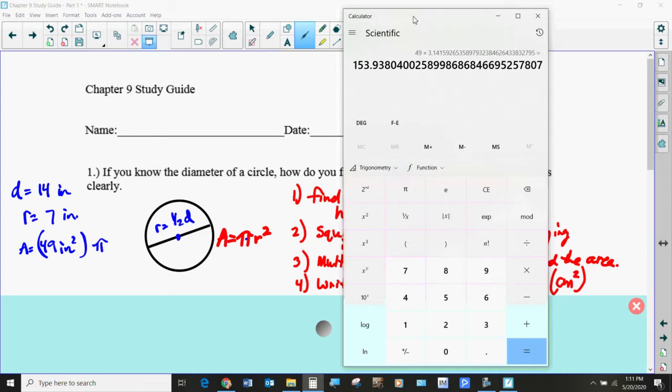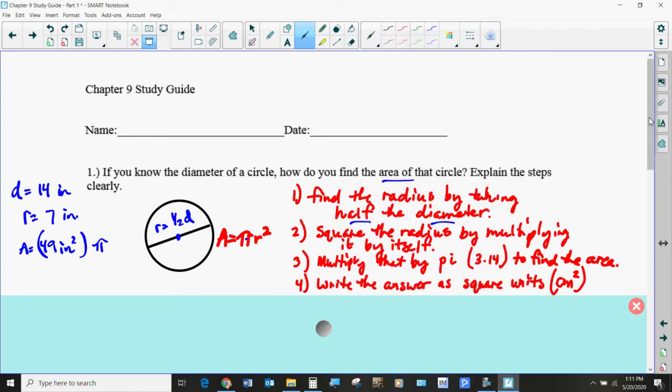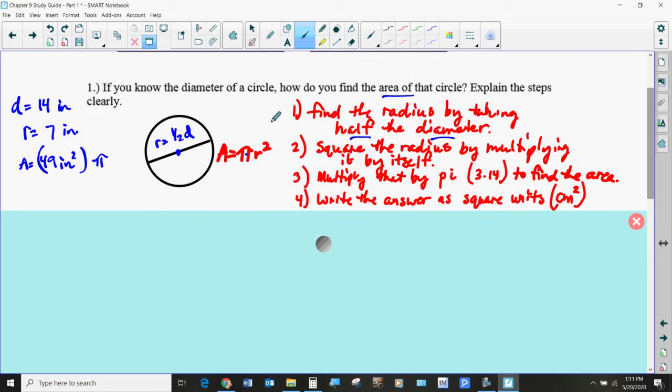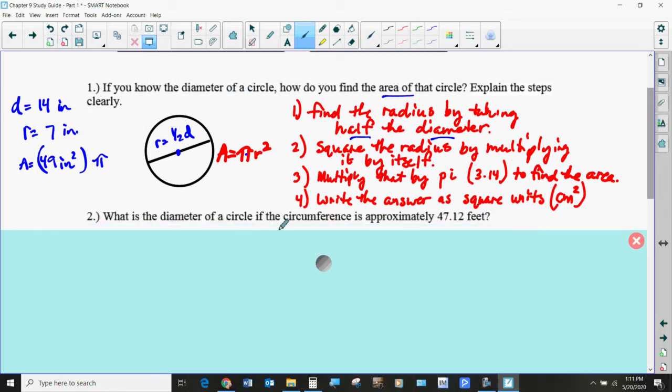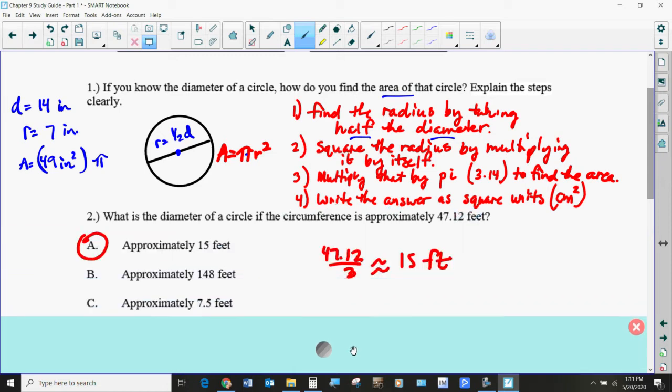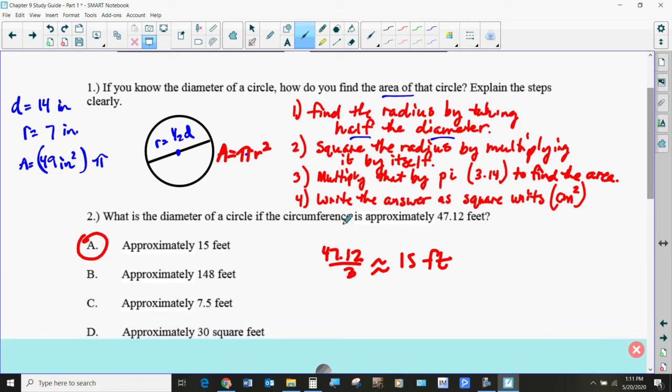So those are the steps, and you'll want to apply those steps anytime you are given the diameter of a circle and you need to find the area. So what is the diameter of a circle with a circumference of 47.12 feet? All right, so to find the diameter, since the formula for circumference is to take pi times the diameter, if you know the circumference, you can take your circumference and divide it by pi, and that will give you the